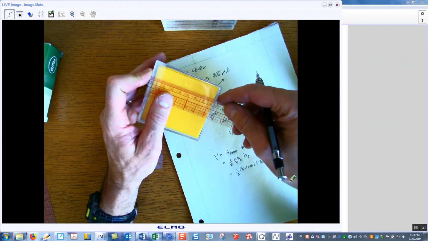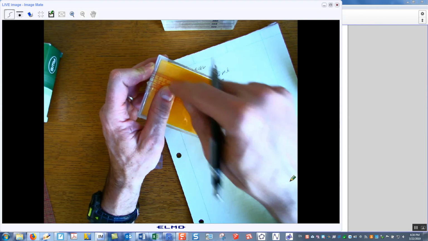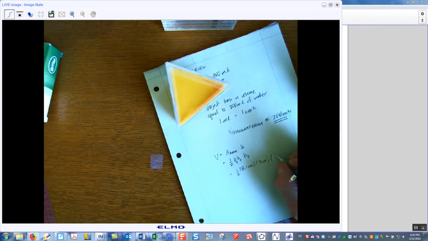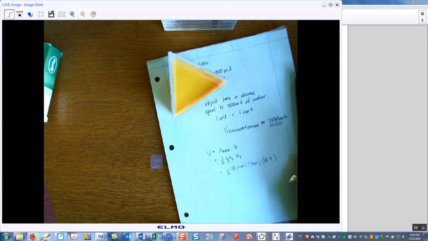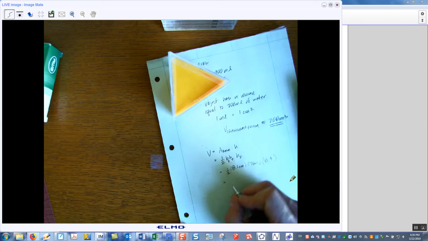And then the last, it looks like we're about 8.4 as the height of the prism. And let's get the calculator out and see if we're anywhere near our estimate. So 8.1 times 7 times 8.4, all times 0.5. And what I get here is a volume of